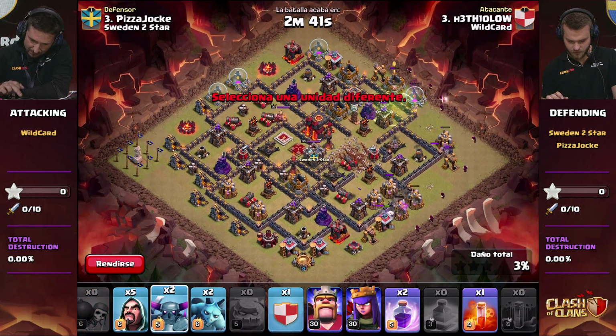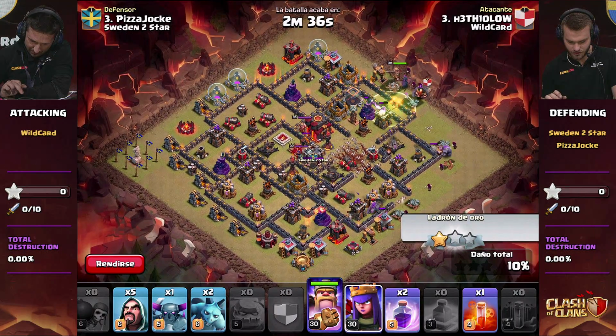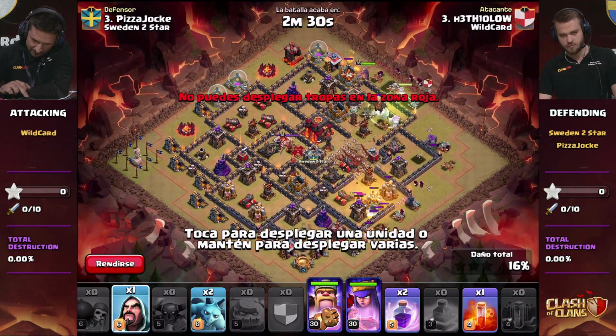This one using 2 P.E.K.K.A.s. I've used that in the past. I've seen a lot of people use 1 P.E.K.K.A. as well as that 3 P.E.K.K.A. we saw earlier, which was pretty fascinating. But making the way into this attack right here, looks like Pizza Yoke is on defense, and the heroes have